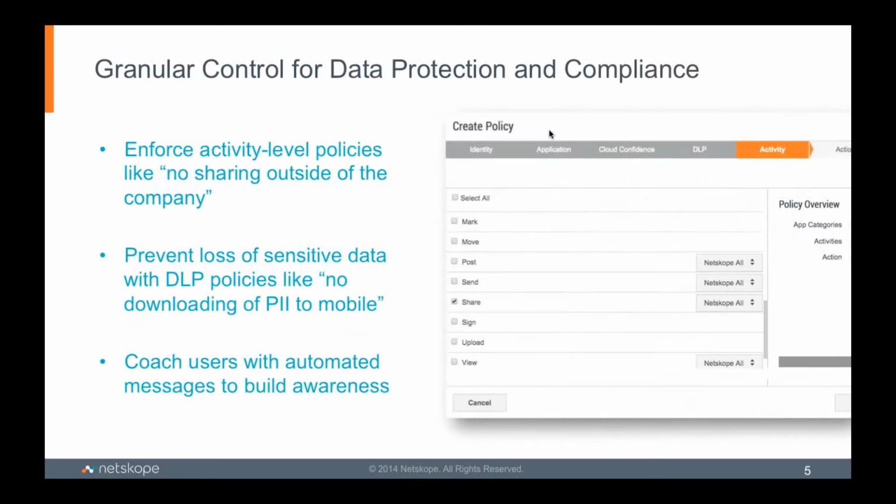And once you do that, you can also set policies that are extremely granular, that say do not allow a person to share sensitive documents outside of your organization. And we do that through our cloud-based product, the Netskope Active product.